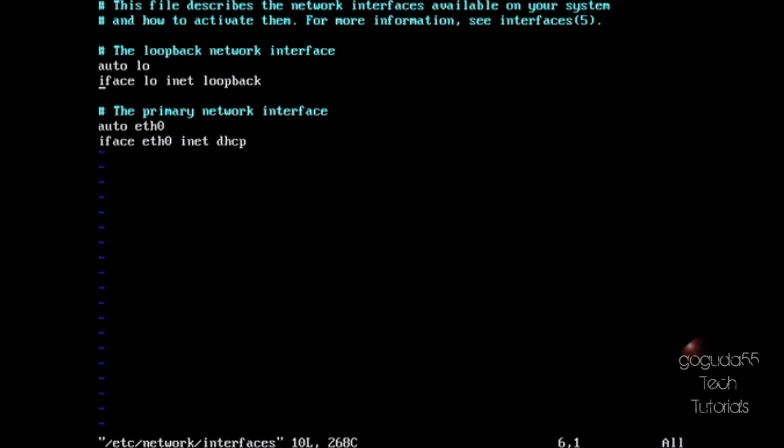Now I'm going to go down to my Ethernet 0 adapter here, the one that is connected, and I'm going to hit insert. Now I'm going to backspace DHCP and replace it with static. Hit enter twice, and now we are going to give it a static IP address. So I'm just going to type in address space